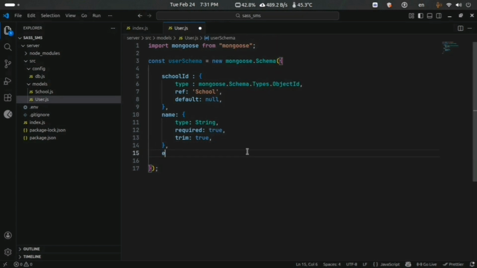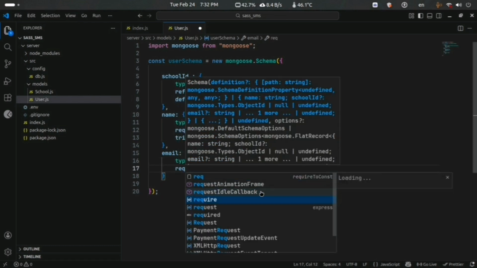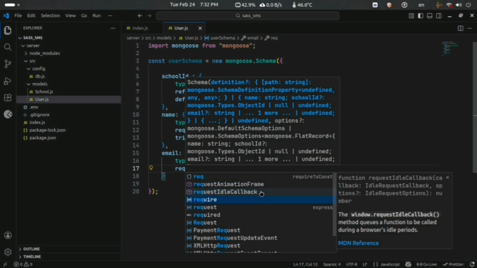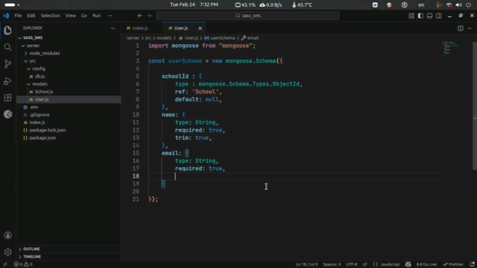Next, email. Type String, required true, unique true. Must be unique for global user. Lowercase true, trim true.